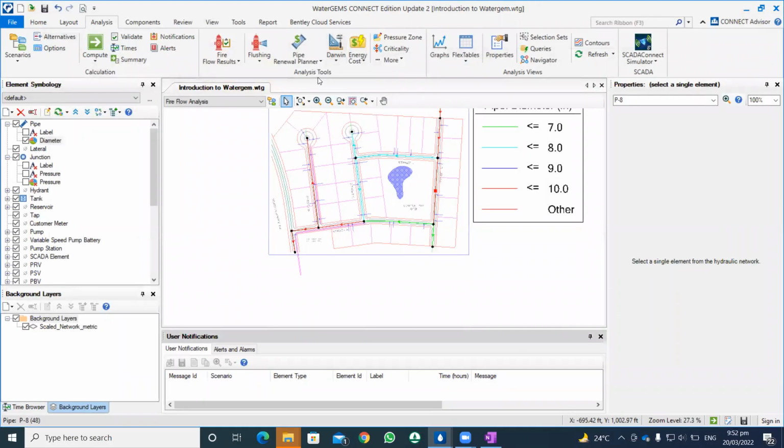I want to show you Darwin Calibrator. Basically, we use Darwin Calibrator, for example, if you design a water supply network and after 10 or 12 years there are some failures in the water supply network, and you want to check the leakage and the different junctions and